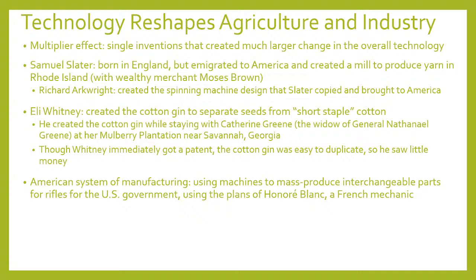They use these precision tools to make interchangeable parts. In particular, this was to make parts for rifles for the U.S. Army. According to the book, the agreement was to make 4,000 rifles in 18 months. And over the course of 2 years, they'd only made 500. So the actual system didn't quite work for what it was supposed to.